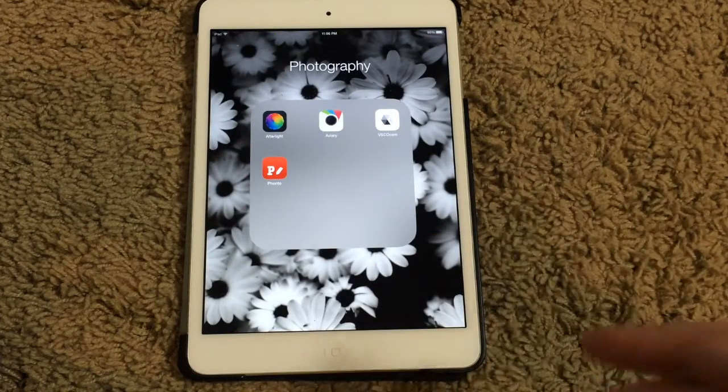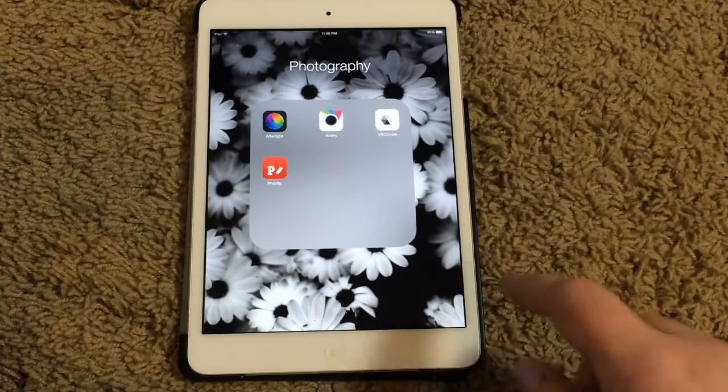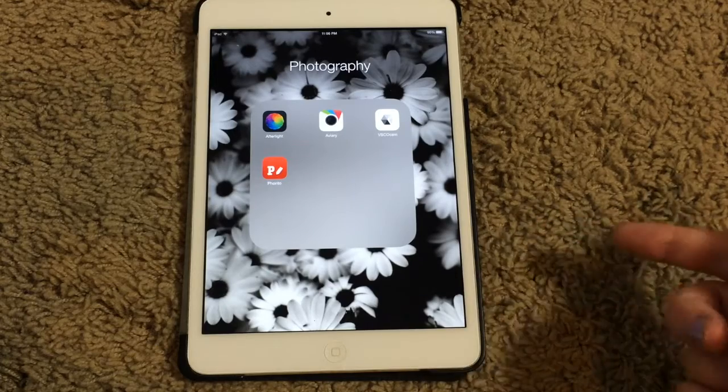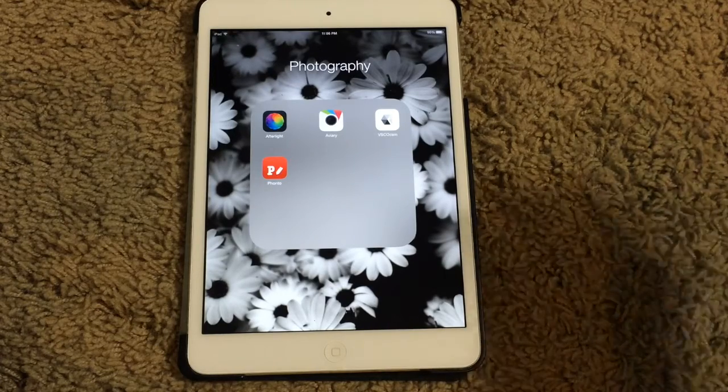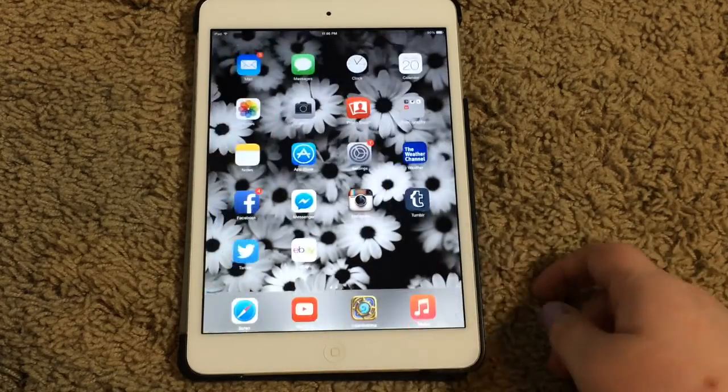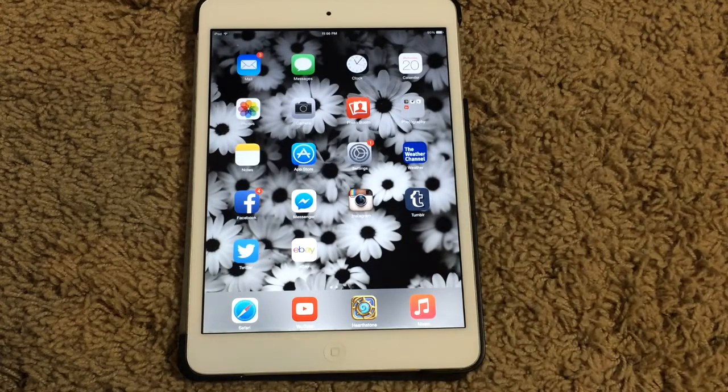So that's everything in my photography folder on here, just because I don't use my photography folder that much, because I don't really use this to edit my photos. So then I have notes, which is boring, and then I have my app store, which is boring. I have settings, and then the weather channel, it's just a weather app, and then I have Facebook, which